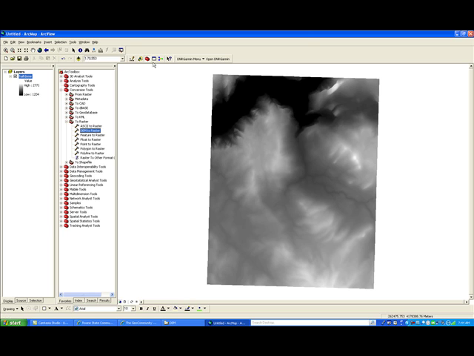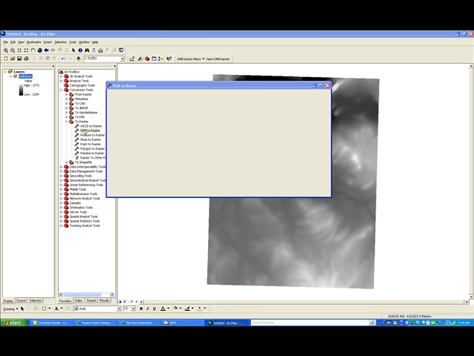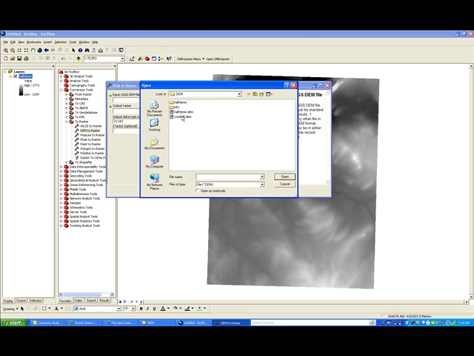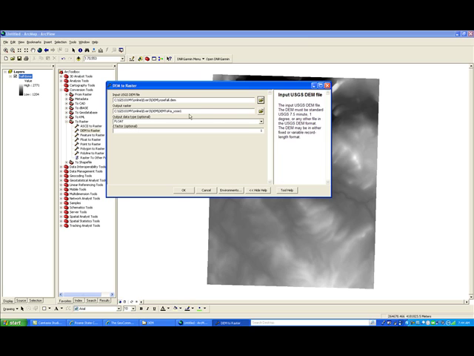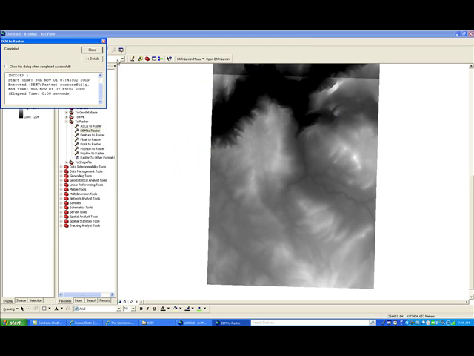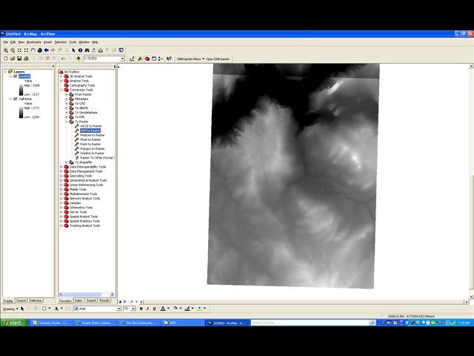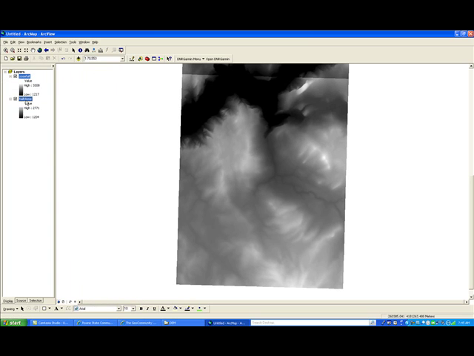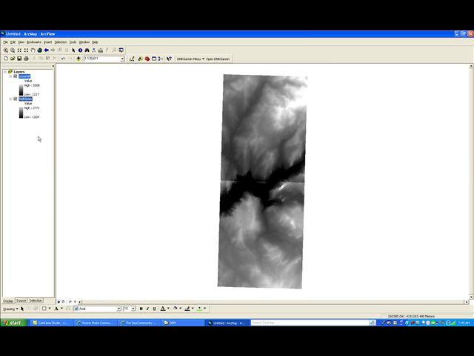So while we're here, let's go ahead and load the other file that we have. We'll convert that a little more rapidly this time. Luckily it remembers the folders we used, so our dialogues work a little faster. Again, give it the same name, because it's not going to be a .dem file once it's created anyway, so it won't hurt anything, and it makes it easier to keep up with them later. Switch the float to integer and say OK. It reads that file in, and notice it put it above that, so I'm going to go ahead and close my toolbox. I'm going to zoom to the extent of both of those layers, and you see a little color shading different, and